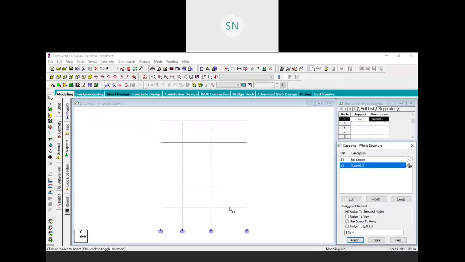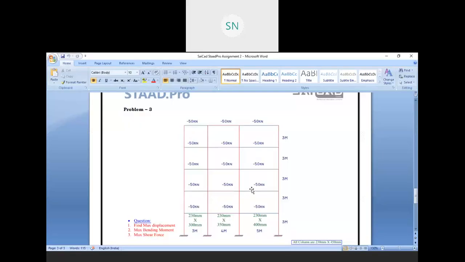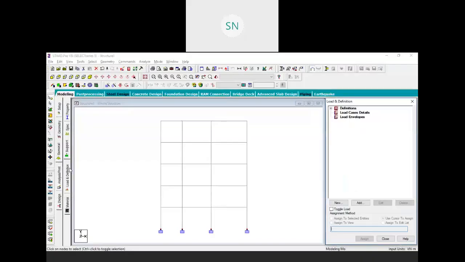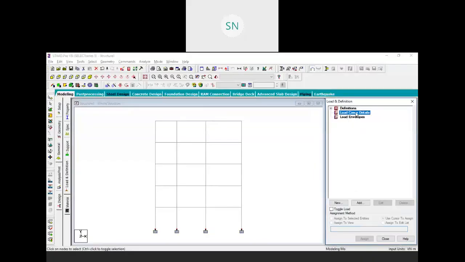Now we have only one load over there. See, 50 kilonewton on each member. So it's a uniformly distributed load, 50 kilonewton per meter. So let me go to the load and definition. Here first we need to create a load case. So I am creating one load case